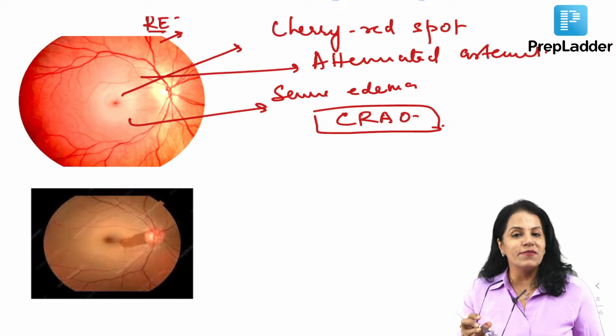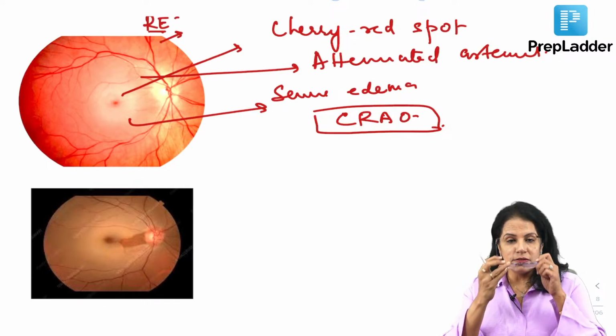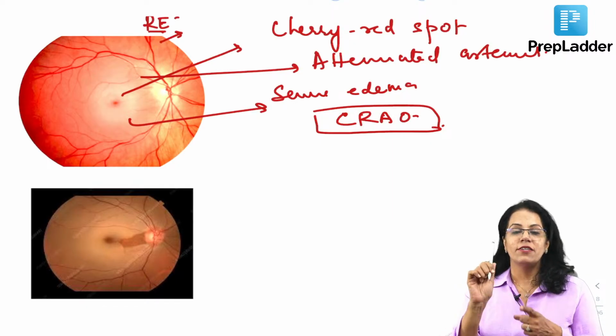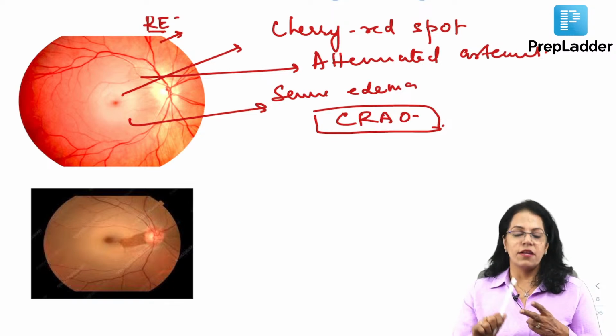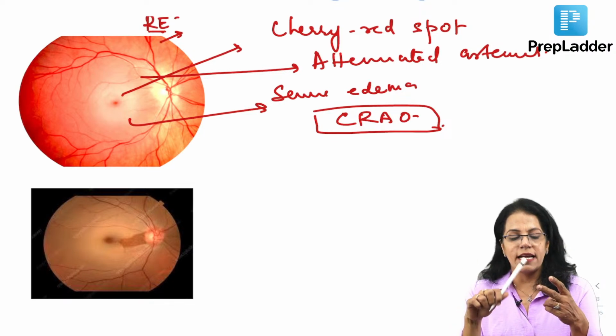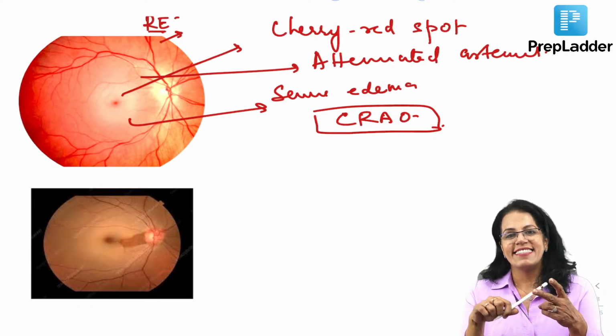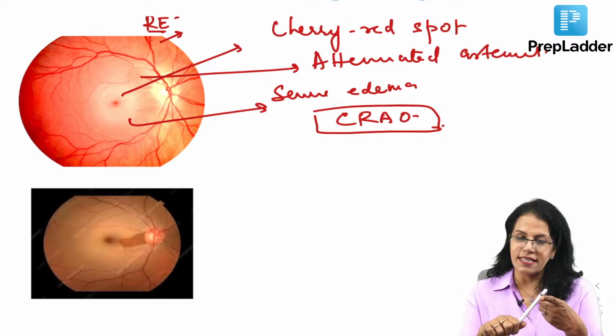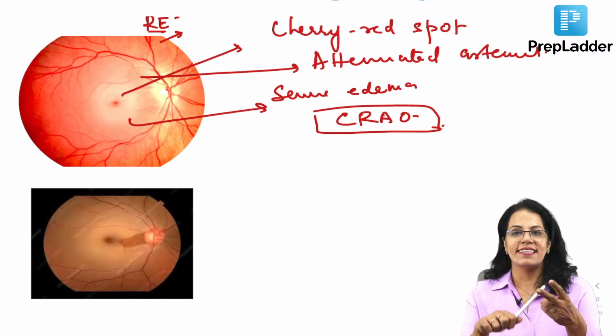What are the other causes of cherry red spot? How did I teach you? Cherry red spot, what are the causes? How will you learn? Number 1, trauma. Number 2, CRAO. Don't say it is the most common cause or not. I don't think anywhere it is termed that it is the most common cause of cherry red. But you have to just remember Berlin's edema, that is commotio retinae is one cause, CRAO is another cause, और